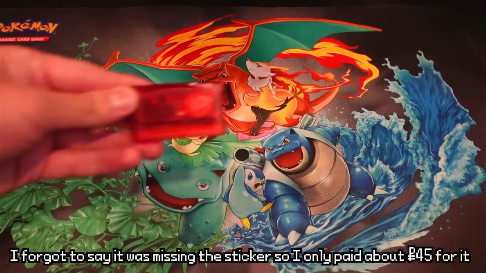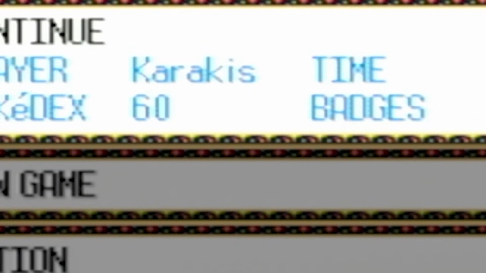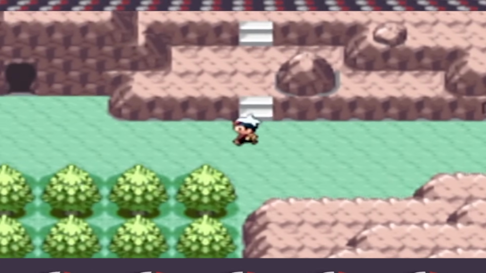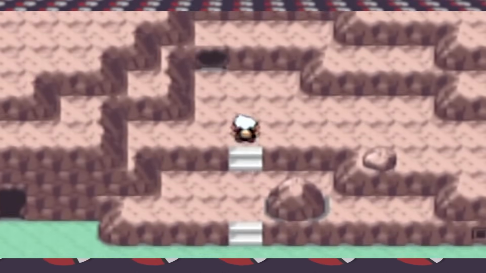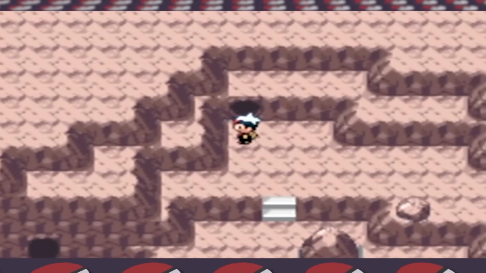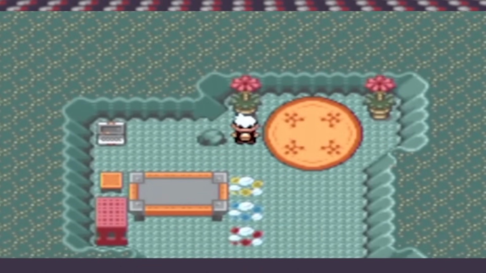Let's take a look at this PAL copy of Ruby version first. Loading up the game, I see our name is Karakas, which has a completed game that looks pretty legitimate. They left the game off at Route 116 by the Rusturf Tunnel where you would normally get the black glasses. I move around a little bit and notice their secret bases here even. I wonder if they just moved their secret base here before selling the game or what, but let's look at